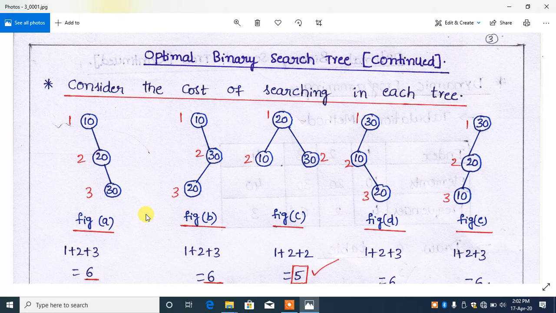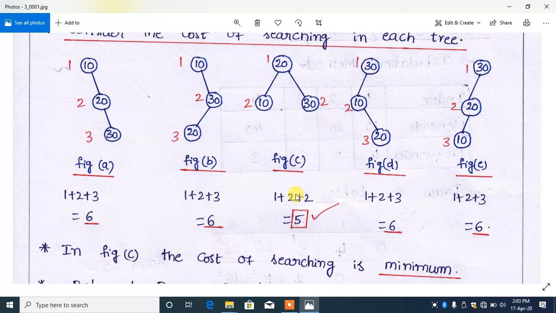Similarly, if you find out the number of comparisons for searching in all these trees, one tree has fewer comparisons. If you see this tree, the searching time is less: 1 plus 2 plus 3, that is equal to only 5. In the remaining trees the searching time is 6.